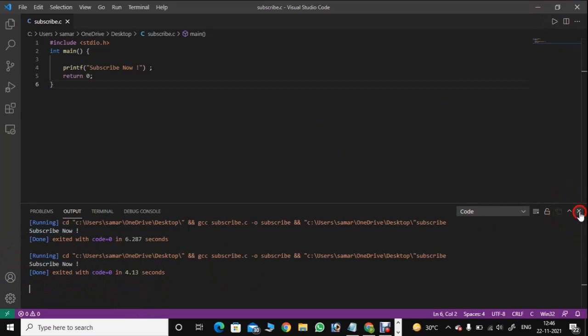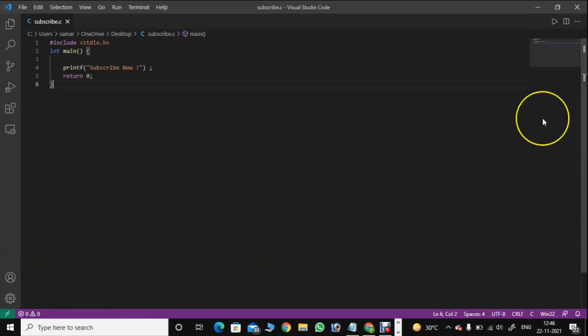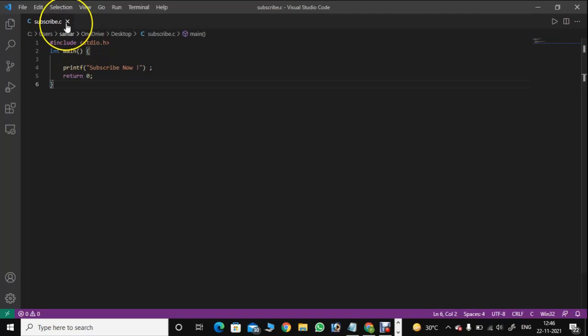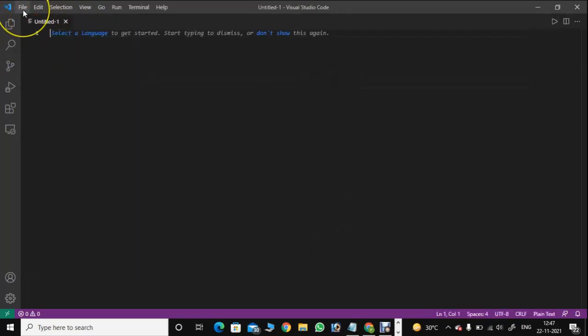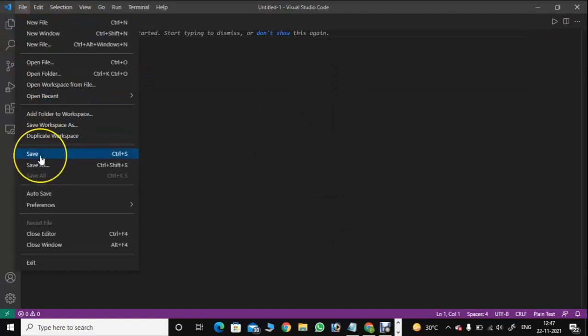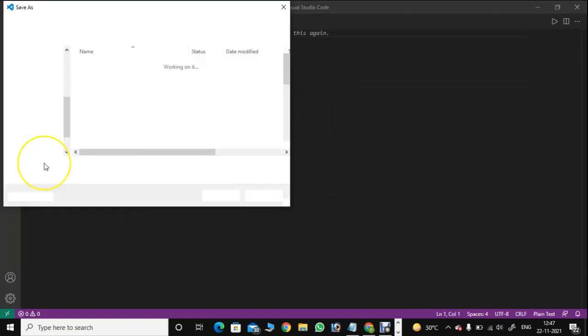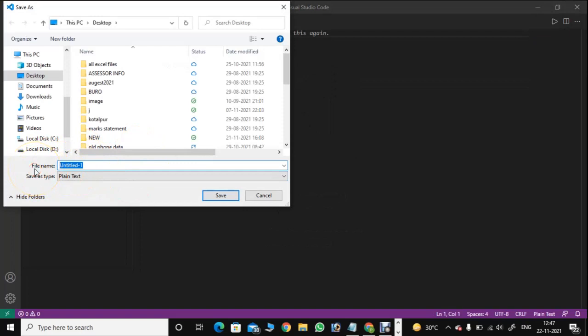Now we will write another program that asks input from the user. Let's follow the same process again. Click on file, then click on new file, and again click on file, then click on save as. Let's give a name to it, input.c. Please make sure that you never forget to give the .c extension or else it will not work.